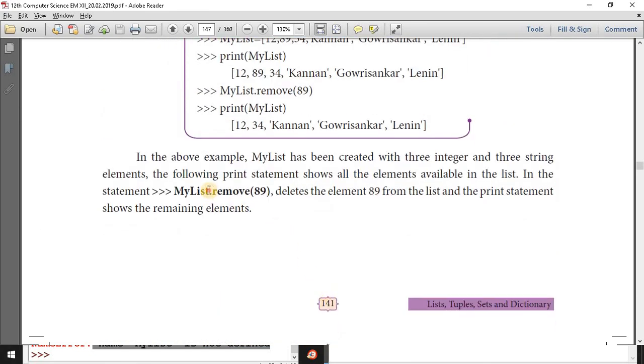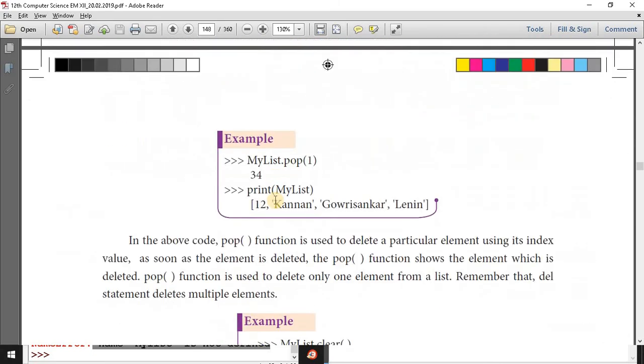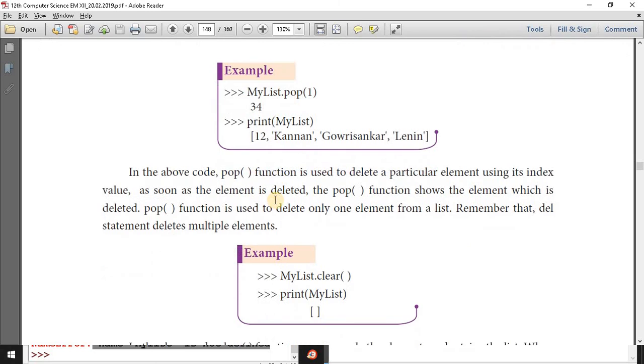Okay, then remove. Suppose you don't know the index position of the value, then how to use remove directly? You can give the value, and that will remove the particular value from the list. In the above code, the pop function is used to delete a particular element using its index value.